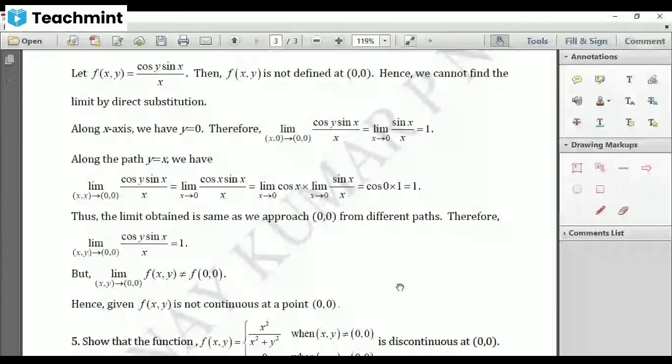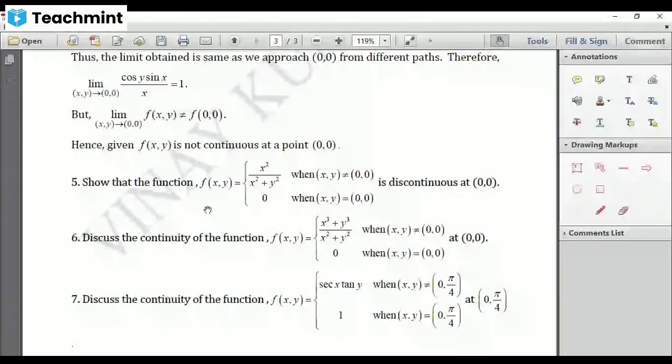Now let us see one more example. See here. This function is x squared by x squared plus y squared when (x,y) is not equal to (0,0), and 0 when this is equal to (0,0). And you have to show that this function is discontinuous. How are you going to verify? Remember,